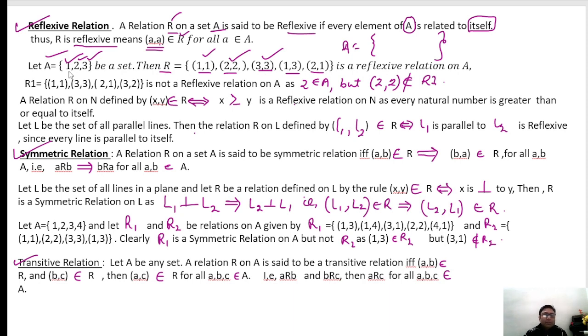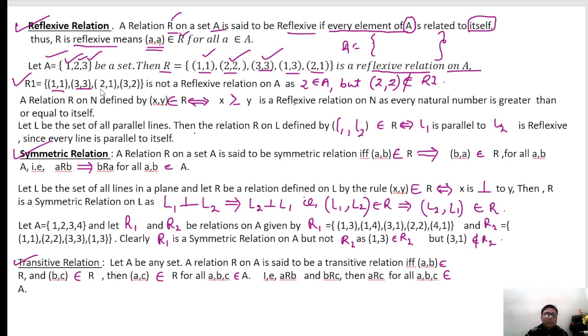So when I have chosen every element, I have to choose every element of A, and if I choose every element of A, तो उनको कैसे रिलेशन में रहना चाहिए? सेम (1,1), (2,2), (3,3). ये तो है. उसके साथ अगर और कुछ है, that doesn't make a sense, क्योंकि मेरे पास सेट A के जो एलिमेंट्स थे 1, 2, 3, उनको मैंने सेम कॉम्बिनेशंस में रखा है, विच इज द रिफ्लेक्सिव कंडीशन. सेम कॉम्बिनेशन में रखा है. विच इज द रिफ्लेक्सिव का कंडीशन होना चाहिए, राइट। सिंस ये तीनों आपके पास है तो इट इज अ रिफ्लेक्सिव रिलेशन इन ऑन ए, तो रिफ्लेक्सिव रिलेशन हो गया, राइट।